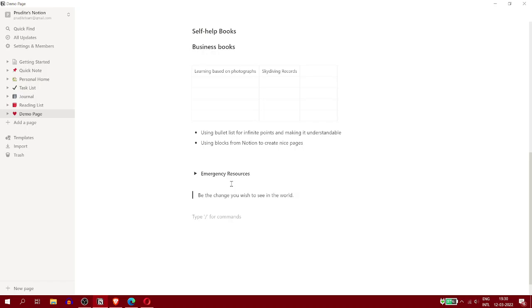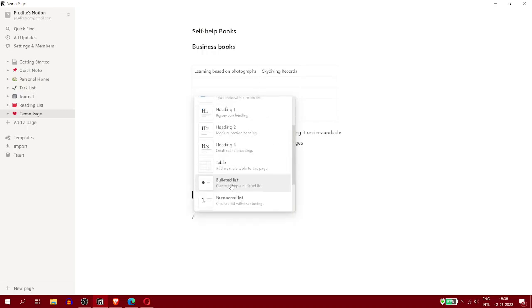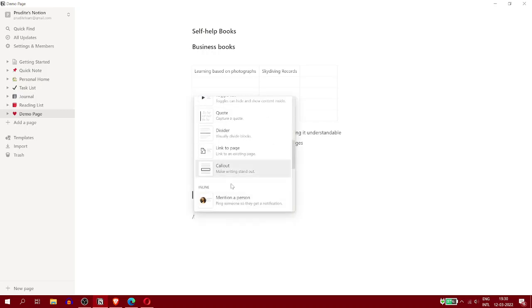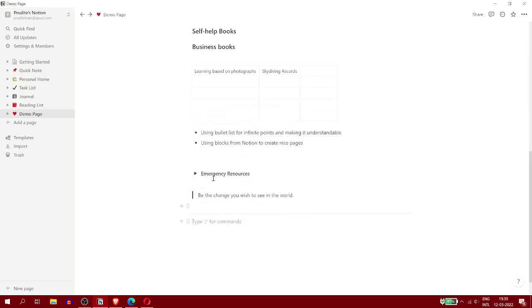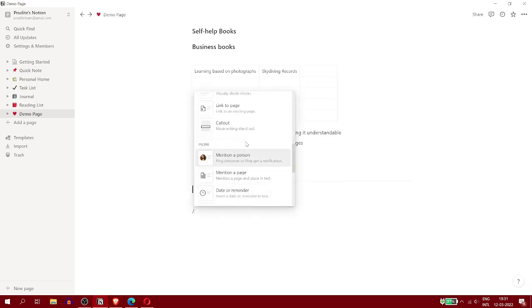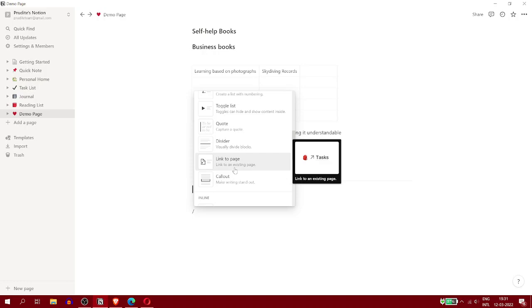That is a quote. Them, but that is a quote, wider. It is nothing but giving a separation between two blocks. Now you can see there is a separate link to an